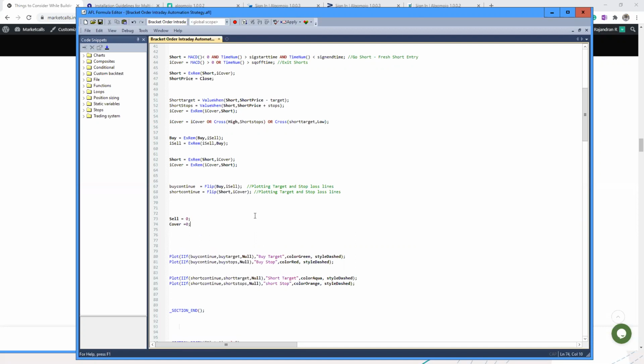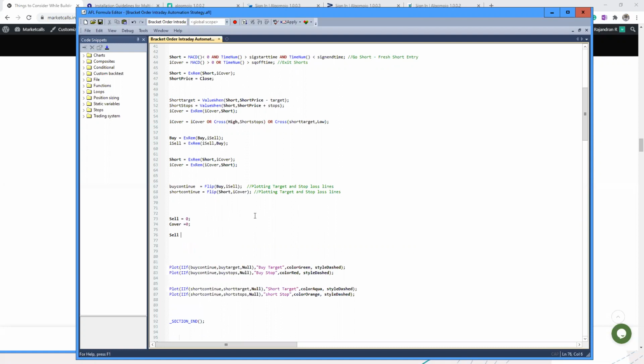I can specify like this, or I can also say sell equal to 0 and cover equal to 0. Like this also I can send it. Either way I can say like this. So for simplicity purpose, I'll keep it like this. That means I'm not going to send any sell order or a cover order, because when I'm sending the